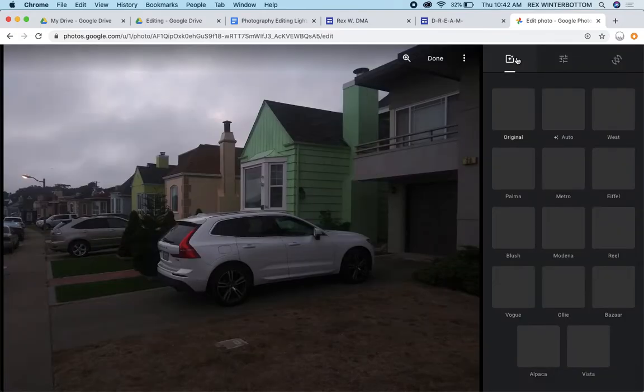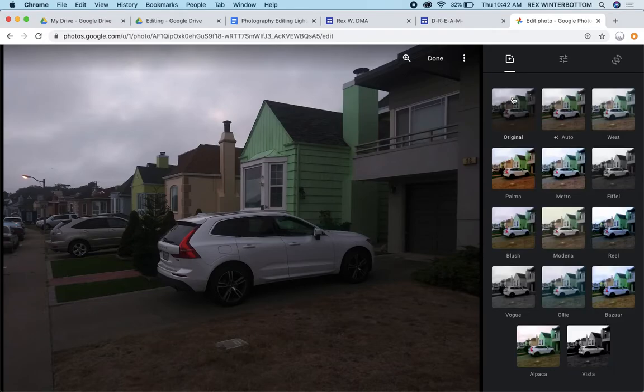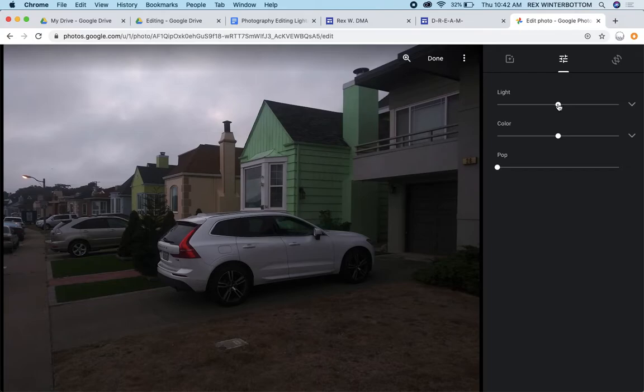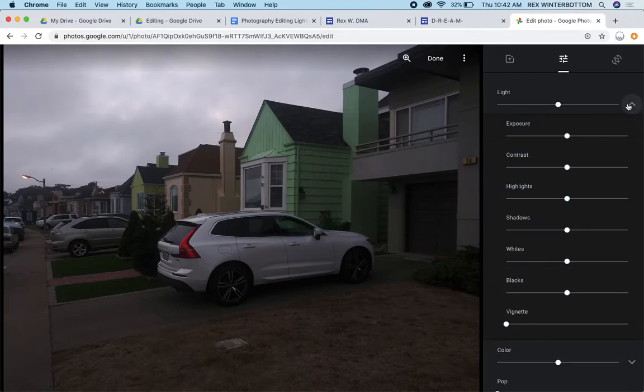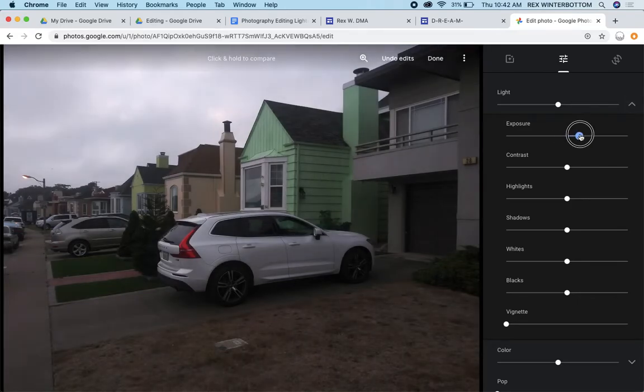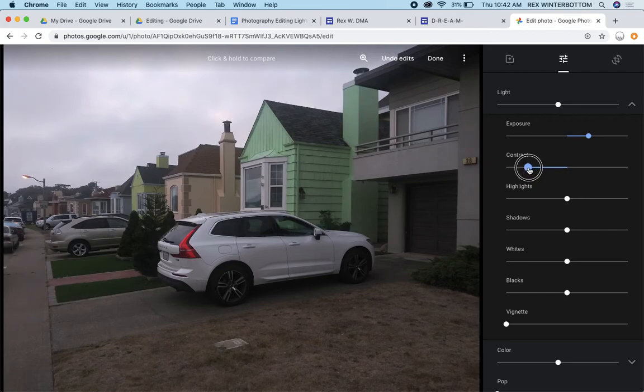Let's click on the editor here and make some edits. It gives you all these filters that it can do automatically, but I actually want you to adjust it yourself, and look at all these settings you can do. I think my main problem is exposure, so I'll bring that up a little bit. But you can play with the other ones too, and you can see what they do, and then you decide. Doesn't need too much highlights, but the shadows are kind of dark. So if I pump up the shadows,